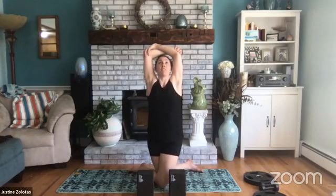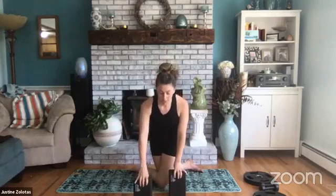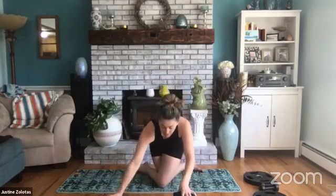Drop your tailbone down, tuck the ribs down, squeeze the legs tightly. Find your stability through the legs. Reaching, reaching, reaching, breathing. Good. If you clasped elbows, slowly come down, hands to blocks, walk your blocks out until you come back into